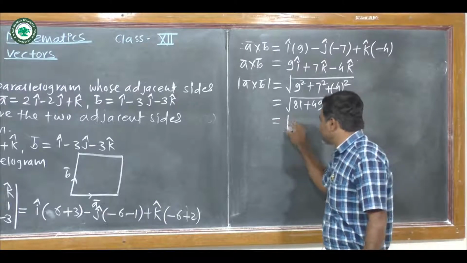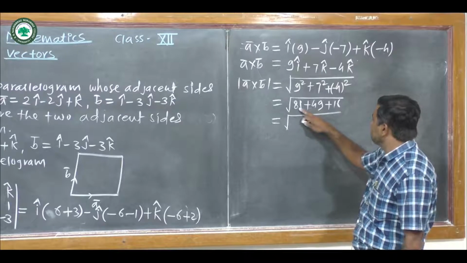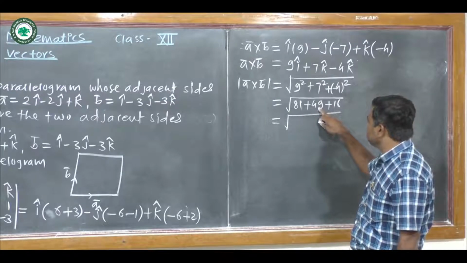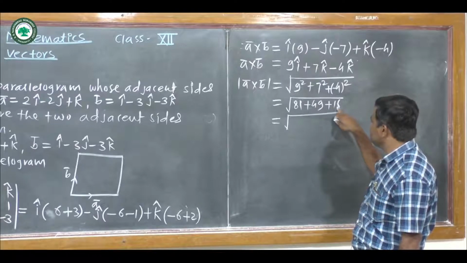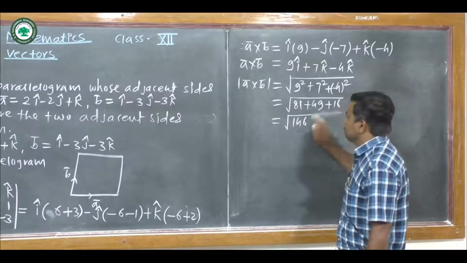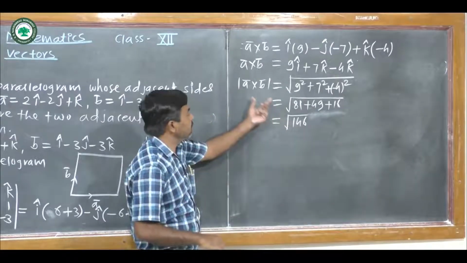It is equal to square root of 81 plus 49, 130, and 130 plus 16, 146. So magnitude of a bar cross b bar is equal to square root of